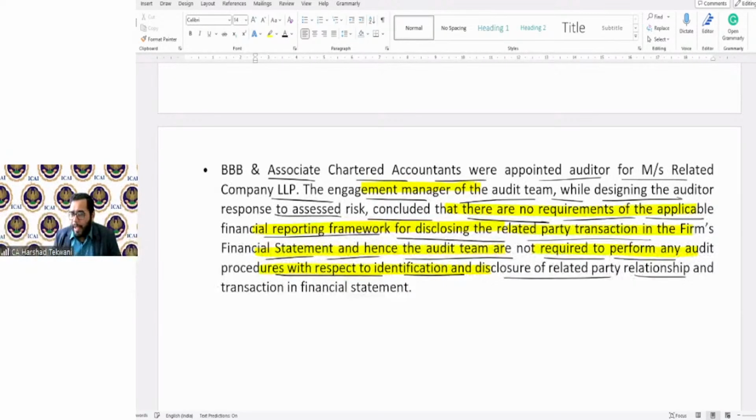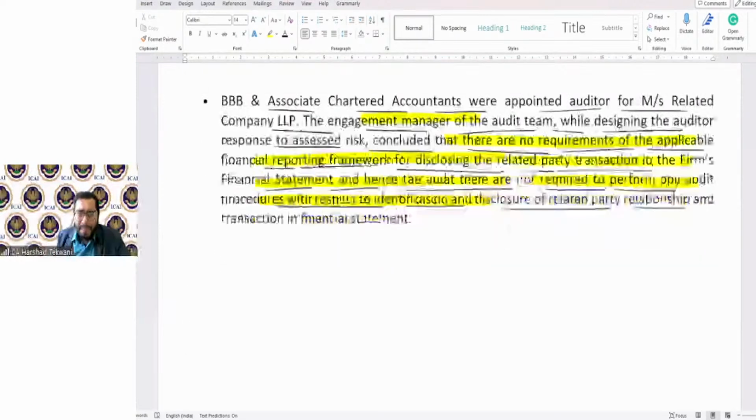Absolutely correct, Manali. Absolutely correct, Shailendra. See, when the related party relationship is present, even when there are no requirements of the financial reporting framework or very minimal requirements, we cannot skip related party transaction testing or complying with this particular standard. The reason is that, as an auditor, we need to gather evidence whether